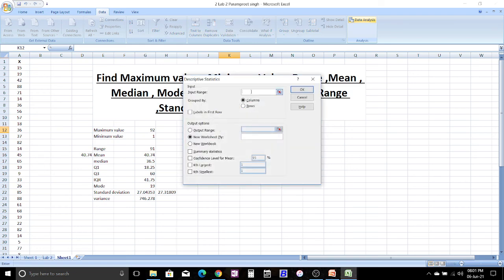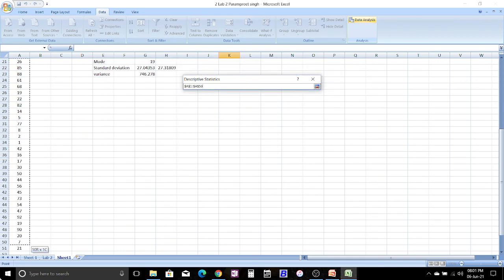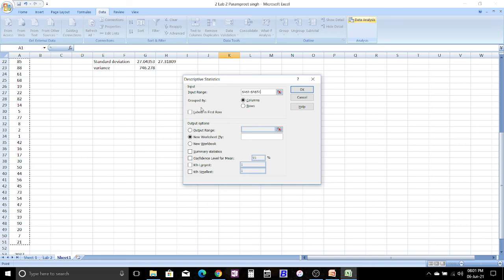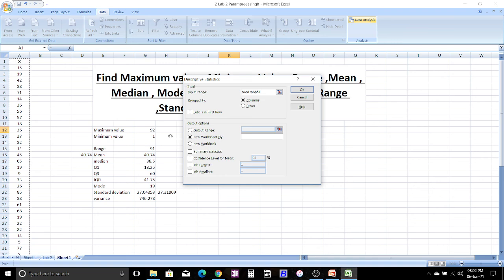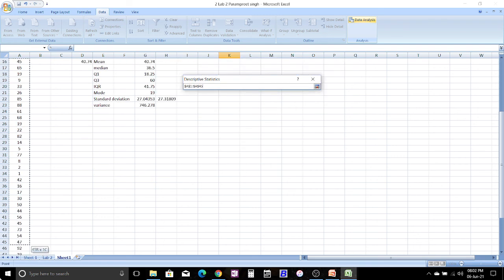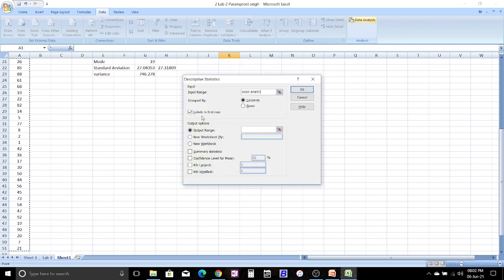Now it is asking for the input range. Select the data from A1 to A51. The data is all complete with us and it is in a column. Of course we will click it, and Labels, as I have selected the first cell as a label, where it was referring X, so I'll click on Labels. Output range, anywhere I want, like I select P12. You need to be very particular that the input range should be from A1 to A51, and columns must be selected. The output range you can click anywhere.